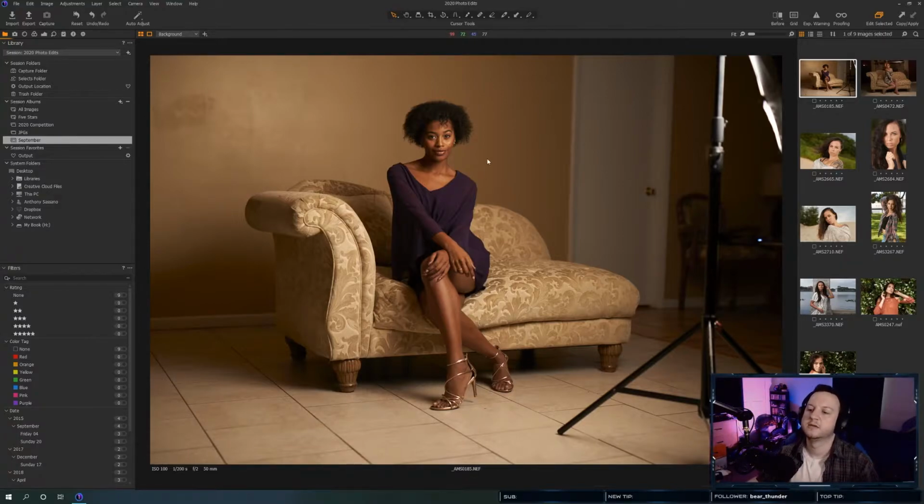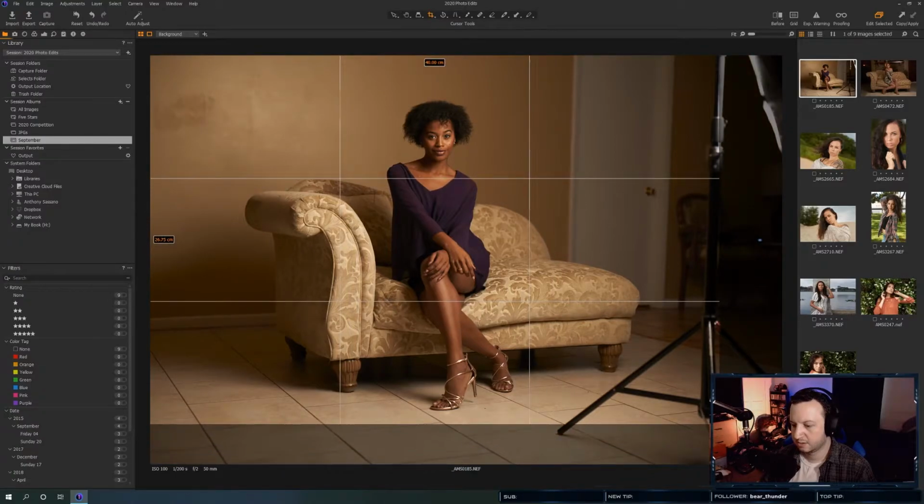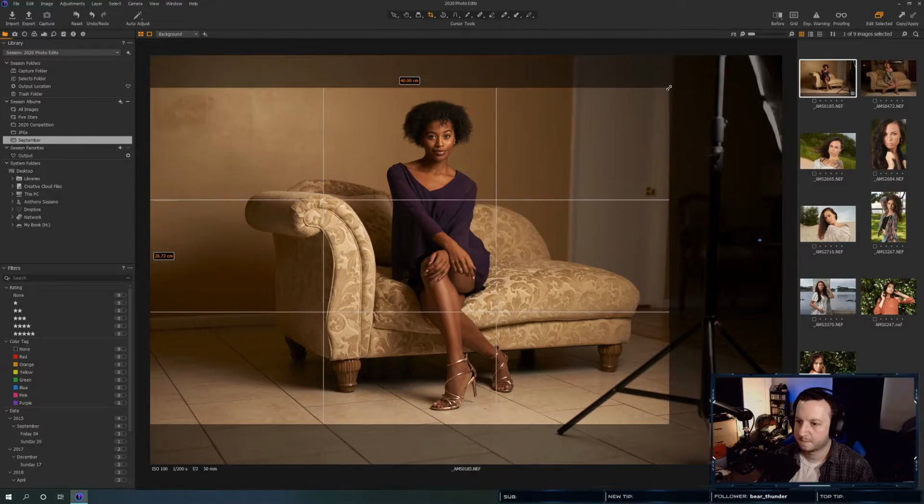Thinking. Let's see if I crop in like this and then like this, because I can extend that because I want to keep her feet in the shot.